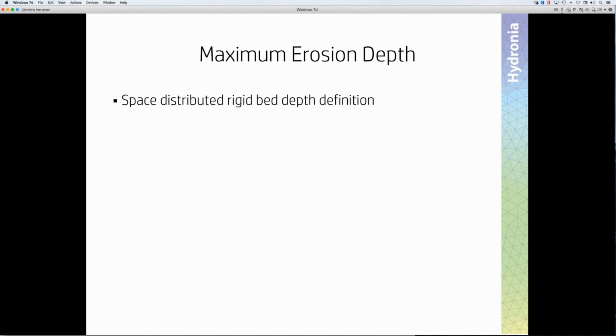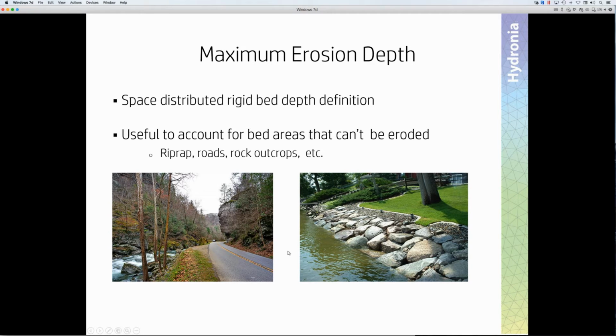Another feature that the model provides is the way to give a maximum erosion depth. So you can provide polygons and indicate what is the maximum depth that can be eroded at different locations. For example, if you have a riprap covering, as you have in the right hand picture, or you have a road by the river that cannot be eroded, you can select those areas as areas that cannot be eroded, or you can also have an outcrop in the river itself and determine what's the maximum erosion depth that can be in the river. So it's very useful to account for areas that are not able to be carried away by